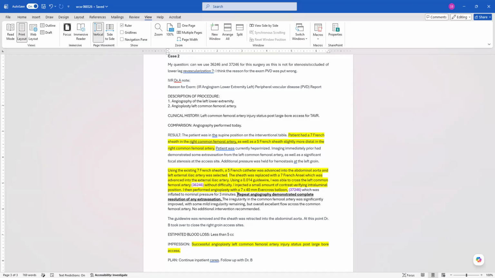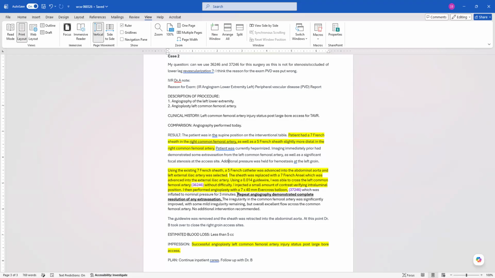And then for our catheterization code, backing up a little bit, the access for the right common femoral artery was used. And so then the catheter goes across the aortic bifurcation over into the left extremity. And then that catheter gets placed in the left common femoral artery where the angioplasty is performed. So that is a second order vessel for that. So the codes for this case are 36246 and 37246. And then again, if we look down at the impression, it says successful angioplasty, left common femoral artery injury,